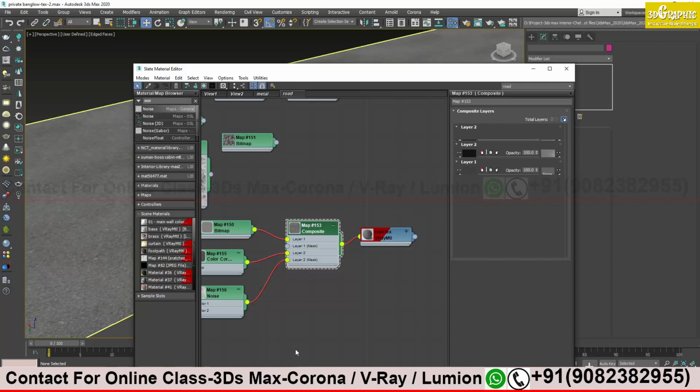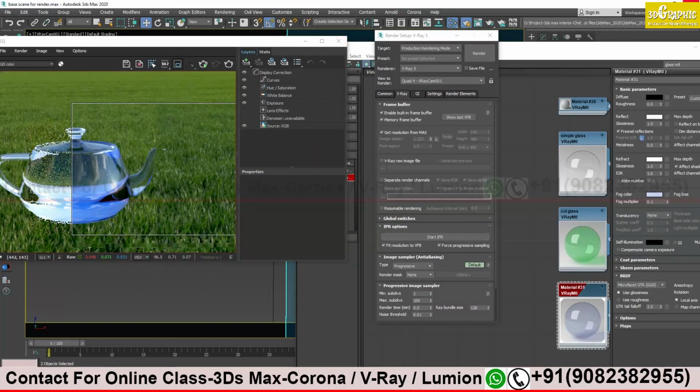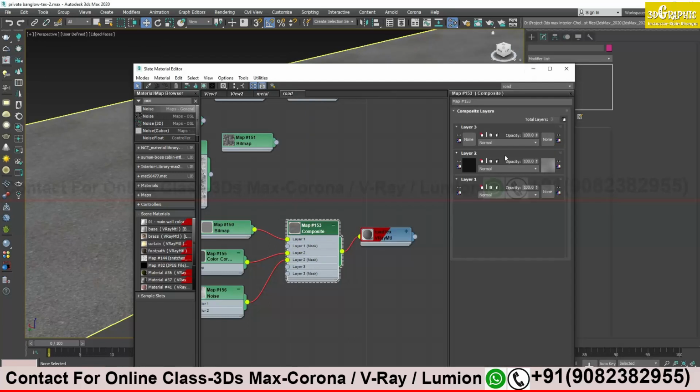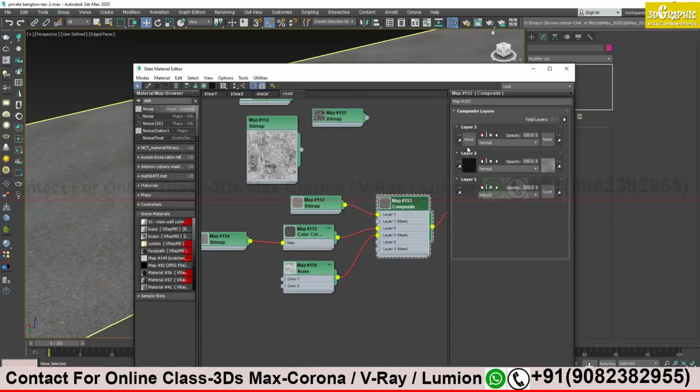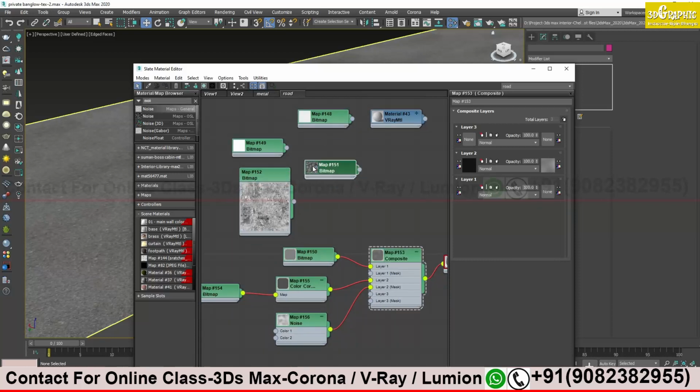I think I need to close the other one. I should not do it like this. I'm just closing this one now. Let's work on only one Max file. Okay, I created a new layer, and this time let's see which one I should take.